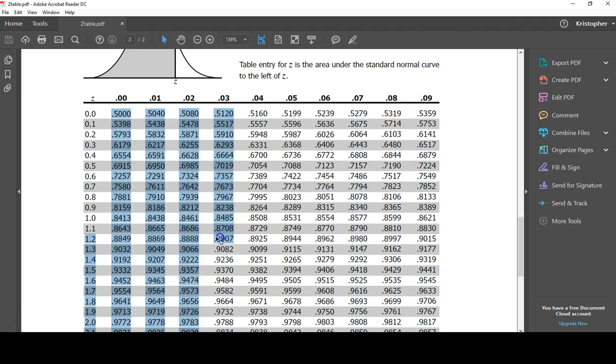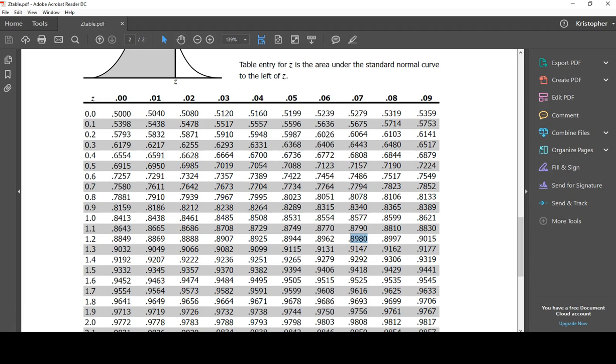1.2, you can look here, you just go over. 0.2 is going to be one of these, and 0.07. So for 1.27, we want to find out where those two intersect. So they intersect right here, 1.27: 0.8980. So our probability of getting a scan below 1.27 is going to be